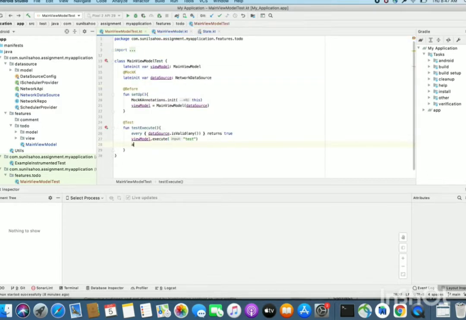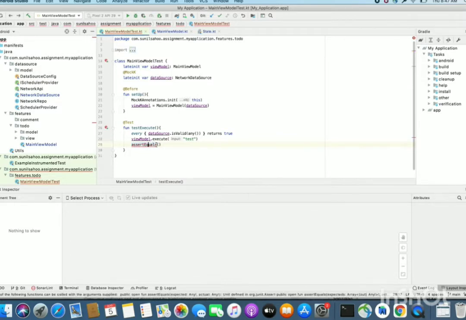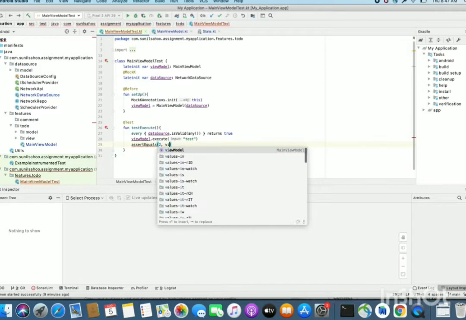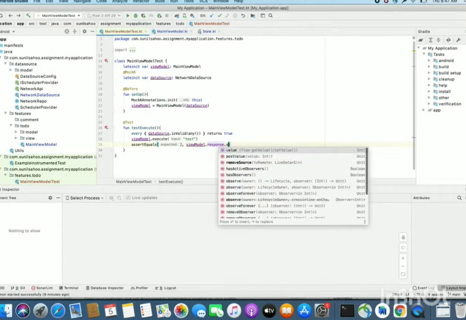So we can write assertEquals. The expected value is on the left, and our actual value will be on the right side, that is response.value.